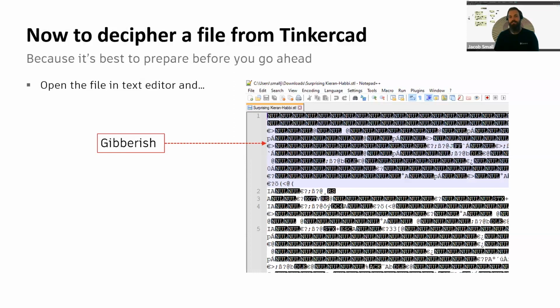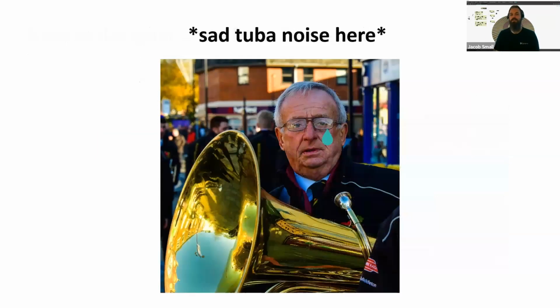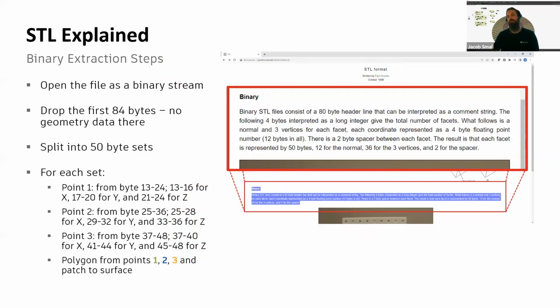That is gibberish. I can't work with it. I can't read it. I can't explain it to that high schooler kid or anybody really, right? And yes, that is the technical term. So once again, we have our sad tuba noise. Womp, womp. Not great. Well, if I went back and I checked that STL format off Paul's website, there is